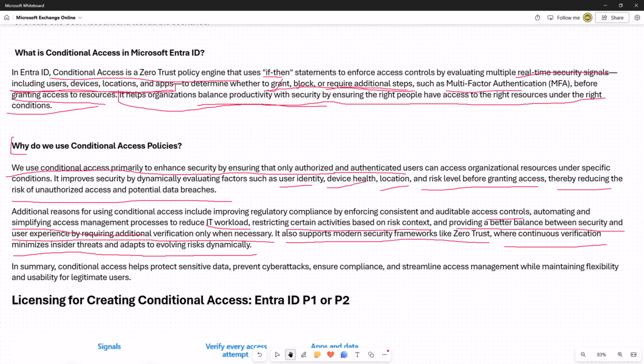Device health: it does not define whether you have a registered device or not. You can use any device to access, but you may want to block that. Another example is you want your users to access emails only through authorized applications.